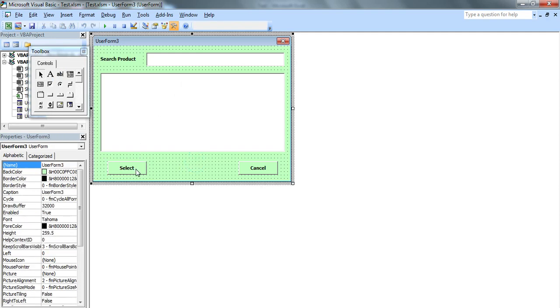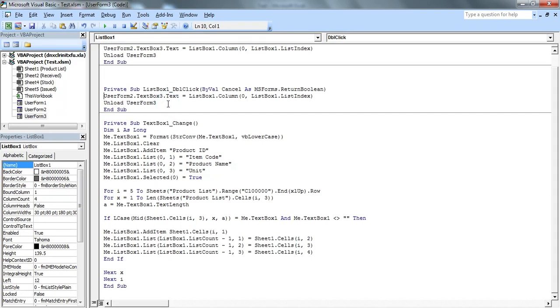When we click this button, it will select the value and close, then the values will be transferred to the text box in user form 2. But we also want that when we select any value and double click on it, the same operation should be executed. So for that, we'll double click this also, and we'll enter the same code here as well.